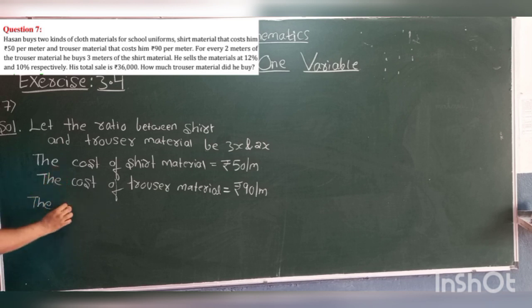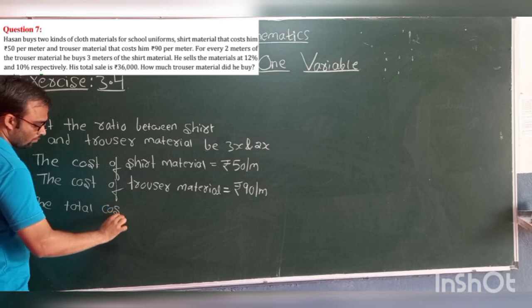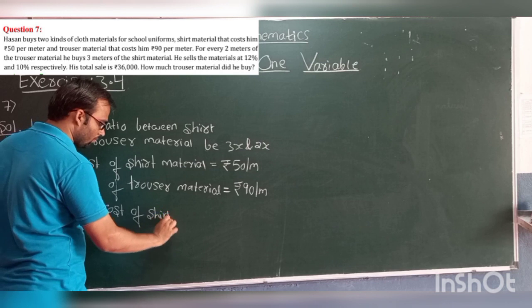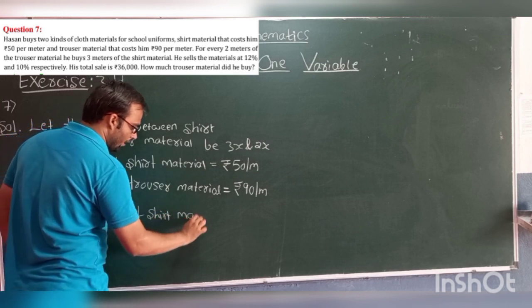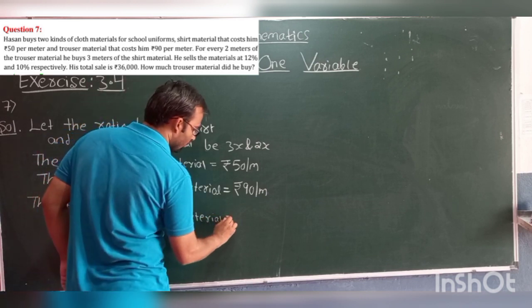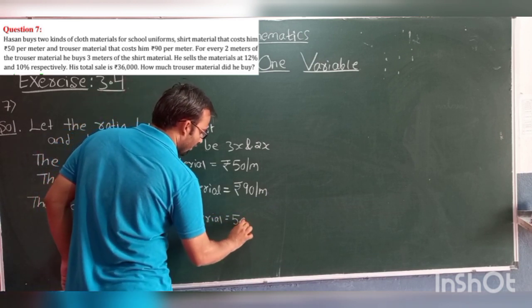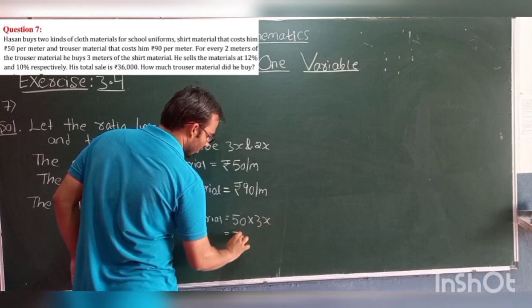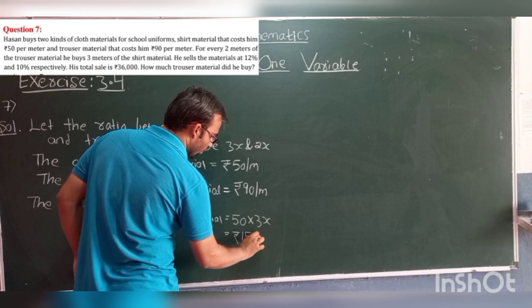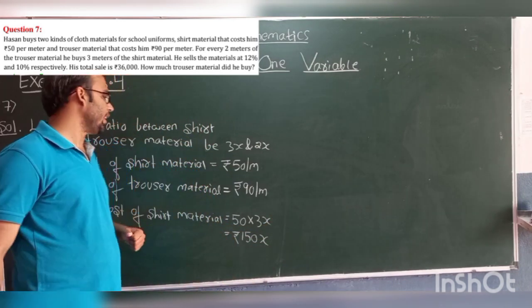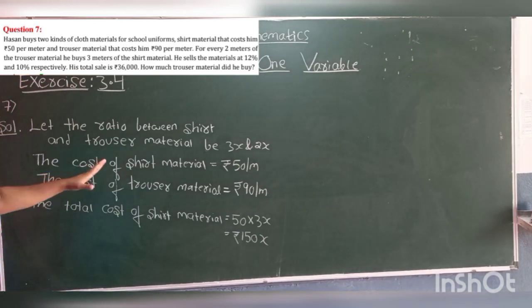The total cost of shirt material equals 50 into 3x, that is rupees 150x. Okay, so students, what we have taken here, look at here, the cost of shirt material is equal to